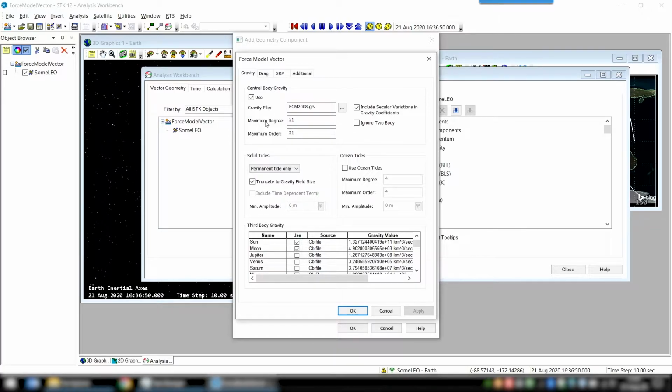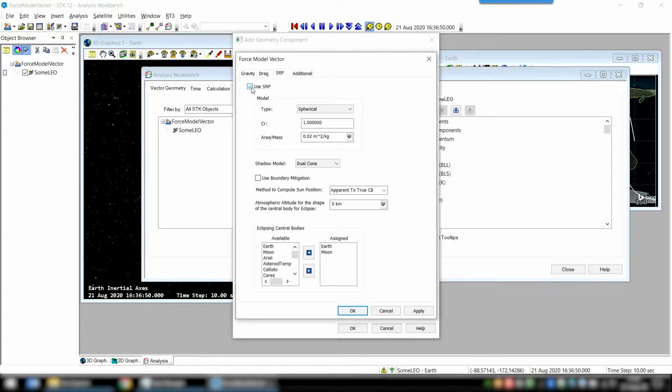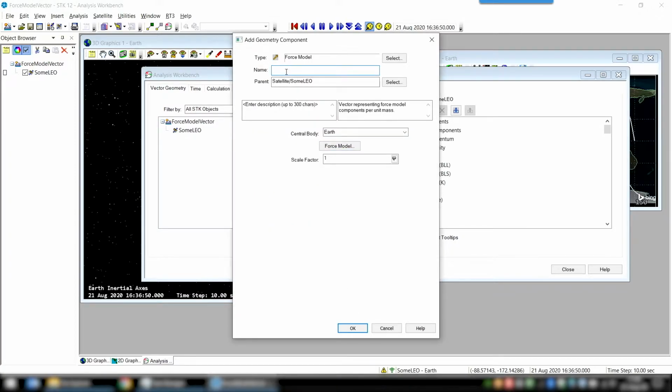In this example, I'm just going to use drag. So I'm going to turn off gravity. I'm going to turn off the Moon and the Sun as your third body perturbation. Here's your drag. I'm just going to go with the default. So here's your drag coefficient, spherical model, the Jacchia-Roberts model, and just a default value. I'm also going to turn off SRP, the solar radiation pressure, and give this a meaningful name,